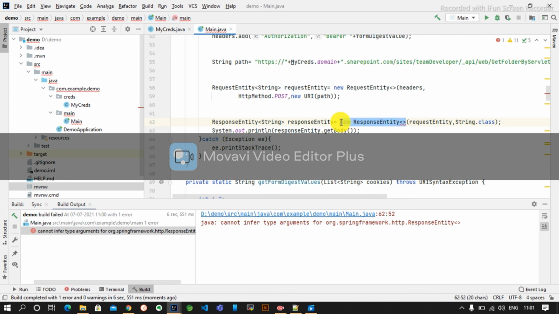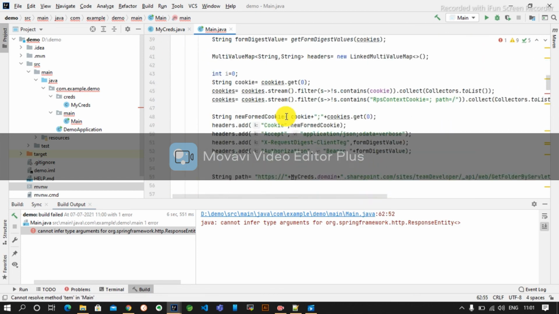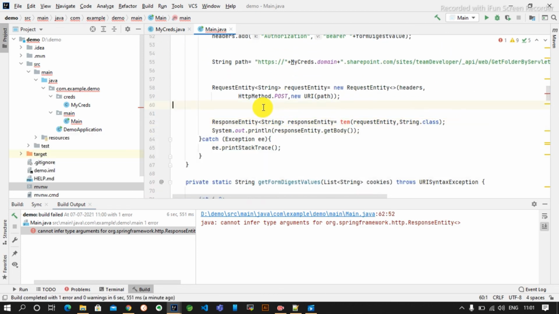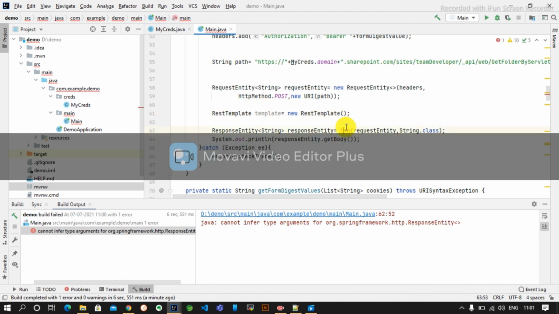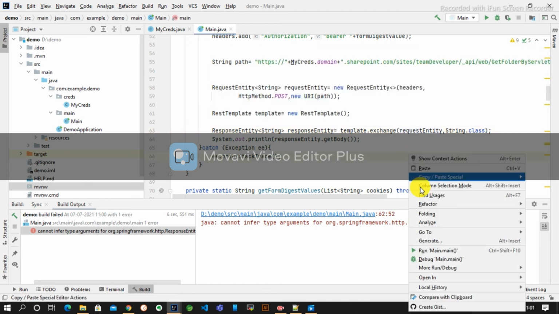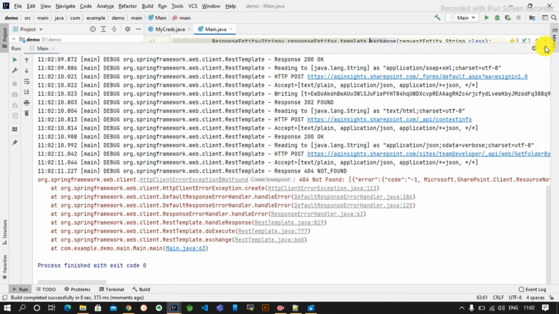Sorry, I have made another mistake here. Have I created a template? No, I have not created a REST template. We will create a REST template: template is equal to new REST template. So instead of using this, we will do template.exchange with the request entity and all those. Let's run the program again. Main Java 63.